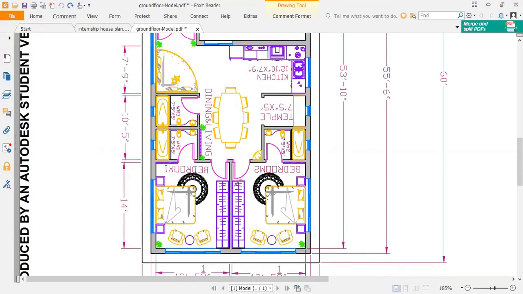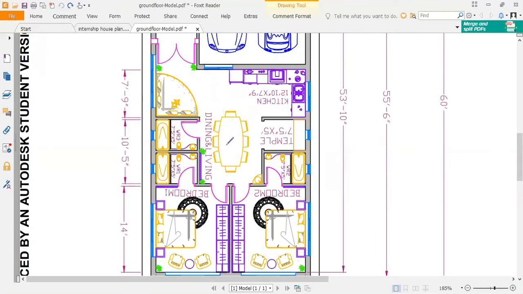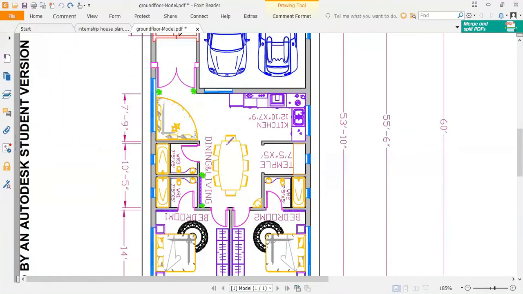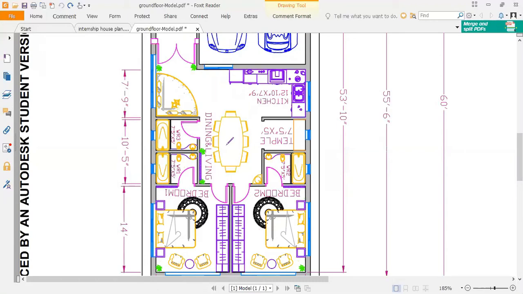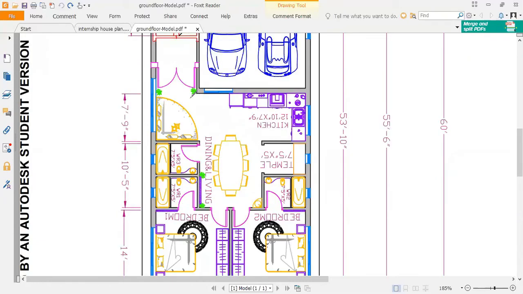Then you provided a bedroom here and the kitchen in the east direction. See, I'm not talking about vastu, but if you are providing a kitchen like this, if some guests enter the particular room, first they'll be exposed to the kitchen, and that is not so good, I think.